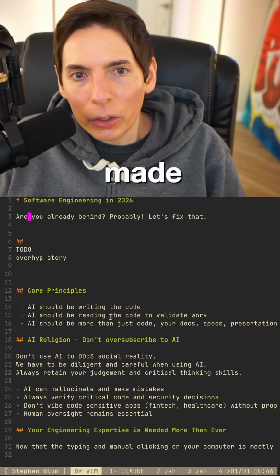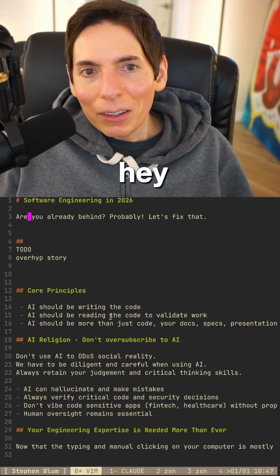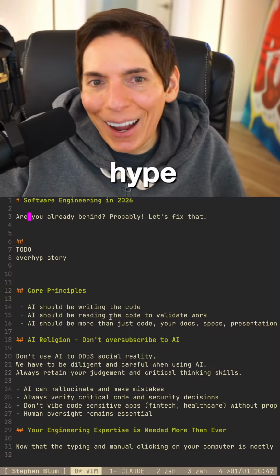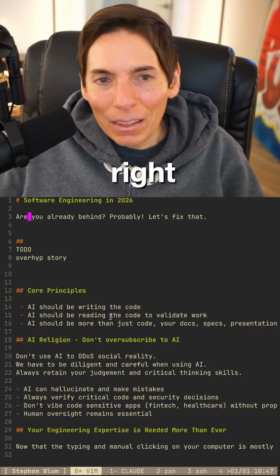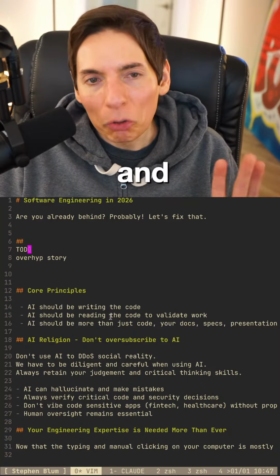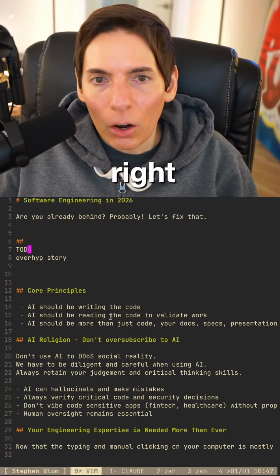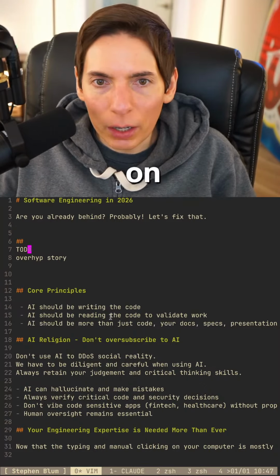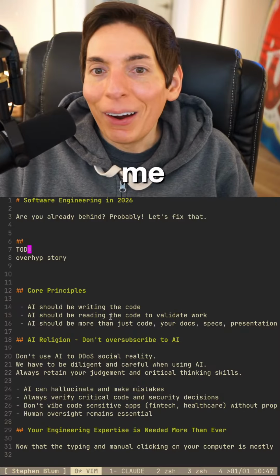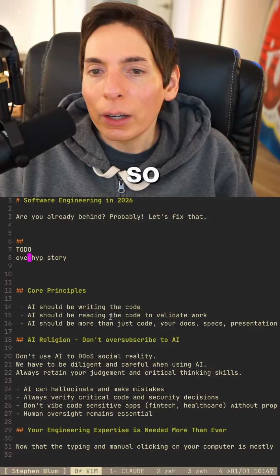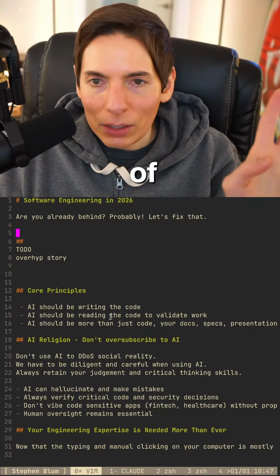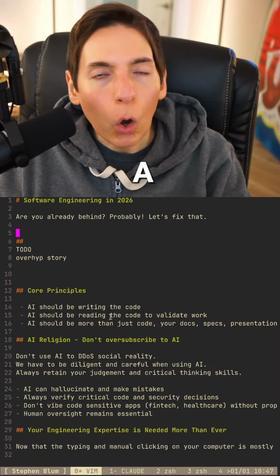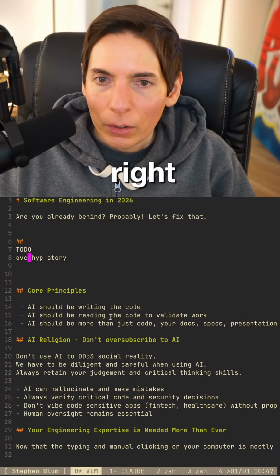Someone made LeetCode, and then people went, "Hey, let's completely overhype it." I know, right? And it did. It got a little bit overhyped. You're right. Aren't you doing the 90% work on your own docs? It seems to me. All right, I know we got all of our ideas down, and now we're gonna have the AI do a whole bunch of passes on it, right? Overhyped story.